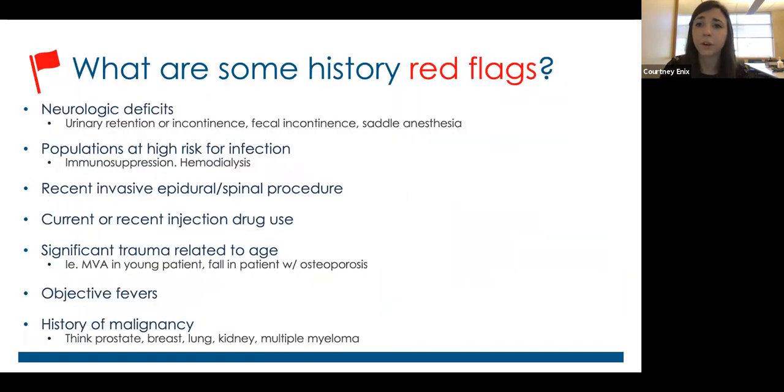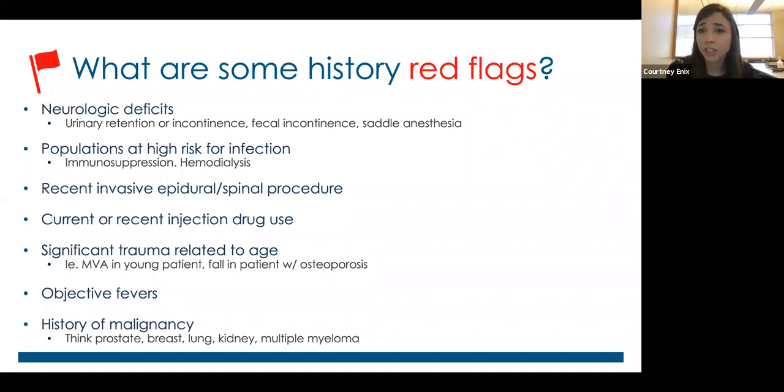So what are some red flags? Whenever a patient's coming into clinic, you are taking their history, you are doing a review of systems. We have all heard about these red flags that exist with back pain, but specifically the things that you should be worried about whenever you are talking to a patient about their low back pain are things like any neurologic deficits. So urinary retention or incontinence, new fecal incontinence, saddle anesthesia. The language that I use whenever I'm asking a patient about saddle anesthesia, I will say, do you feel the toilet paper whenever you wipe? Because that's an easy way for them to quantify if there is something abnormal for them.